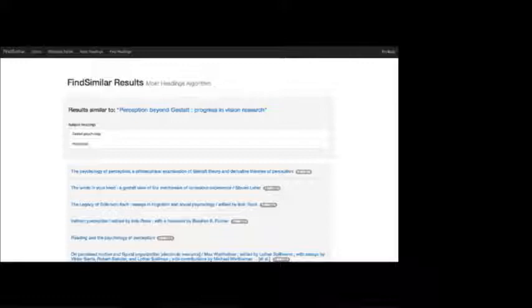So here is the testing interface. As you can see, at the top is our original item. So we have the title, a link to the catalog record, the subject headings for that item, and then a list of recommendations, with the title, and right beside it the score that Solr assigned to it. And then if you click on each one, it'll expand and show you the subject headings of that item and which ones matched up with it, and a link to the full catalog record.